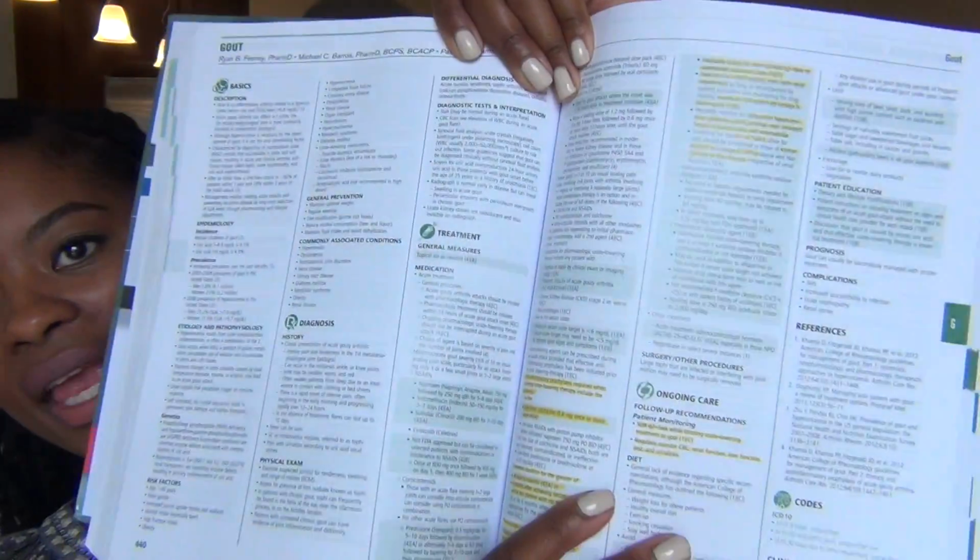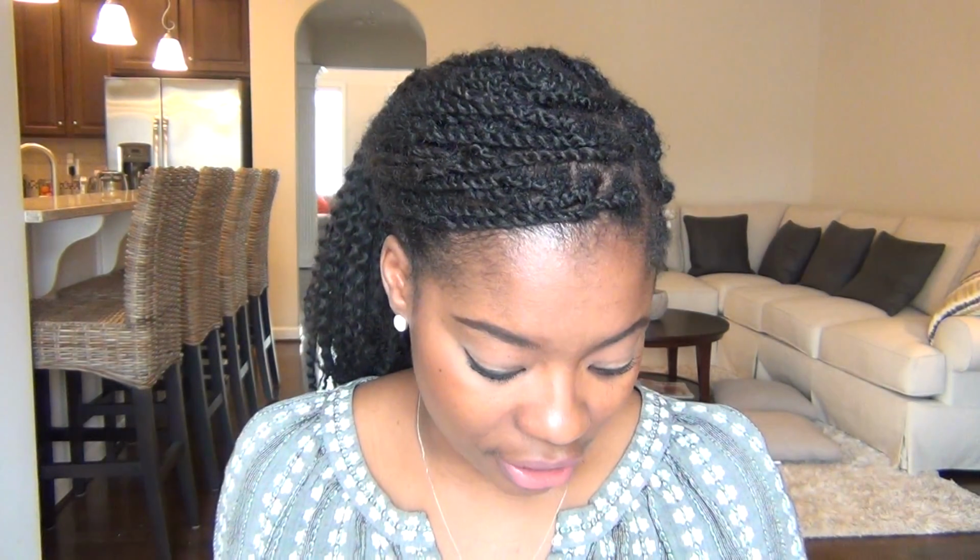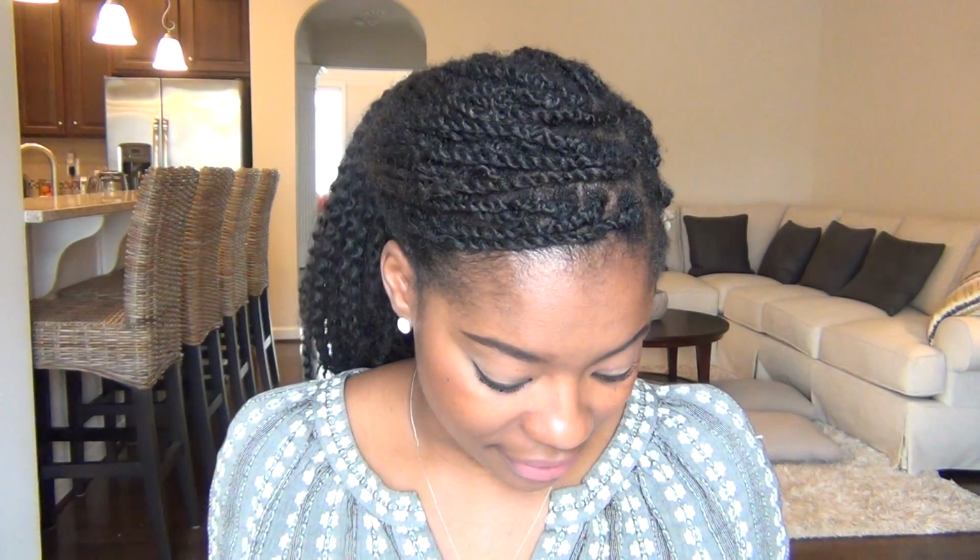So I had a patient with gout, and you guys won't be able to see this, but you can kind of see where I highlighted certain things. The great thing about the 5-Minute Clinical Consult is that it literally takes about 5 minutes to get all of the information you need. It starts out with the basics, and then it goes to the epidemiology, and then etiology and pathophysiology. There's a few bullet points on everything. All of the topics that I'm bringing up, there are bullet points afterwards, and it's really quick and really to the point. There's genetics, there's risk factors, and then